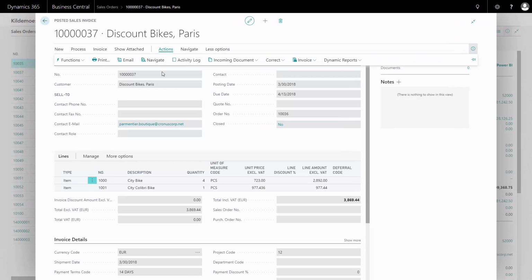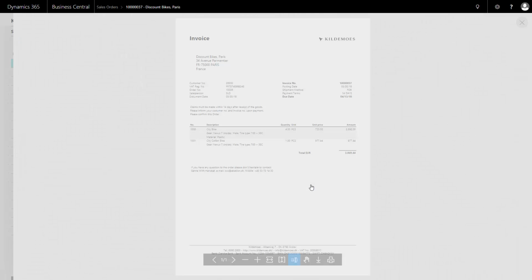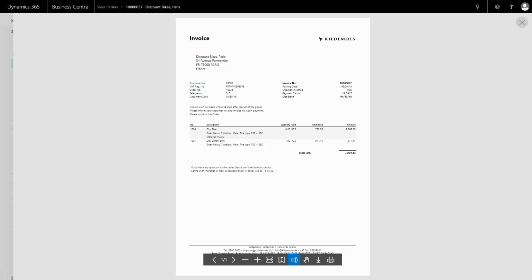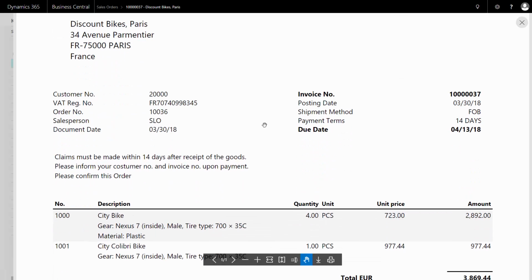So I can print my invoice just to see how it looks here. And again, I'm using my Dynamic Reports because I need a report that uses those table information, of course, to do the printing. And I can see here on my invoice the information that was entered on the open document but not printed came up here in the header. And maybe it shouldn't say please confirm my order here, so I should have changed this manual correction on my order by saying don't print on the posted documents, which I didn't.